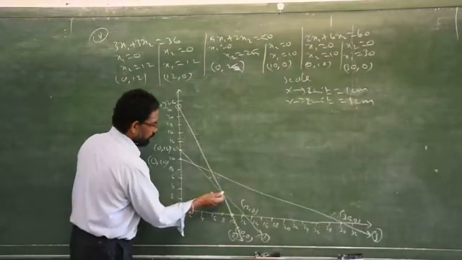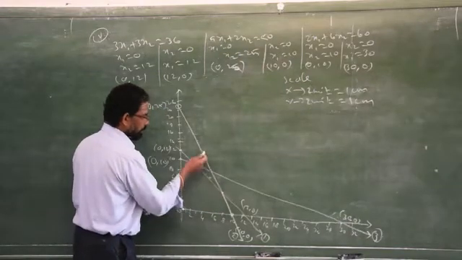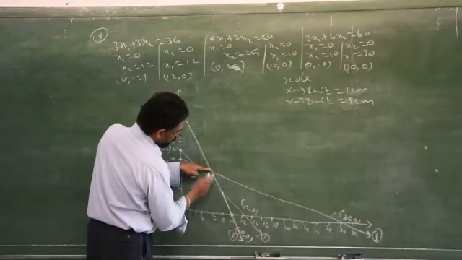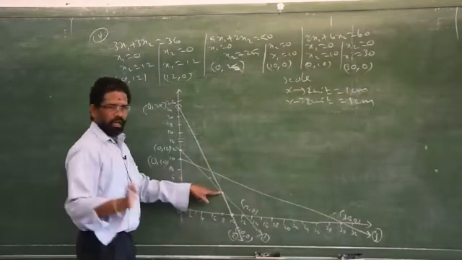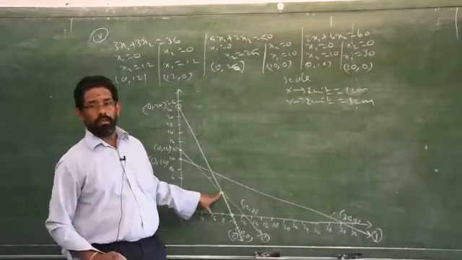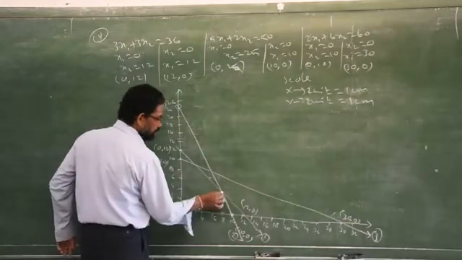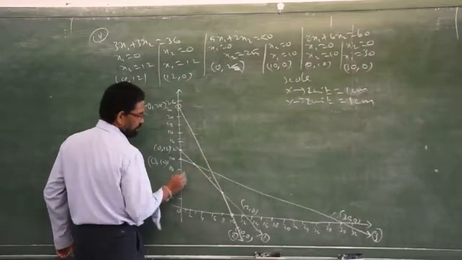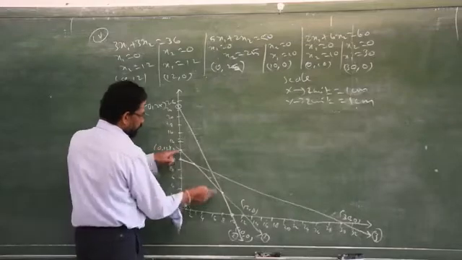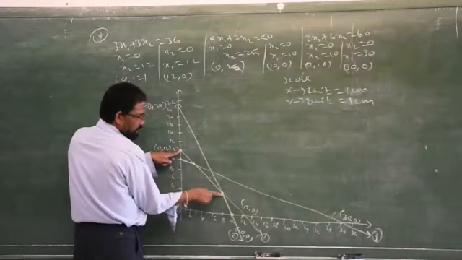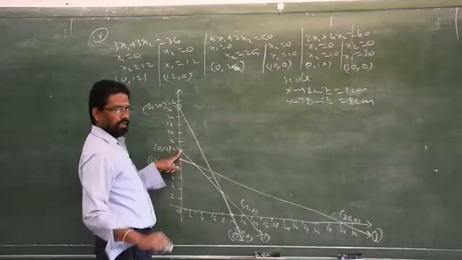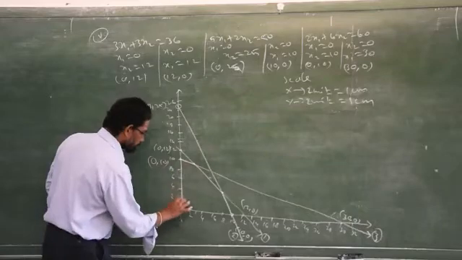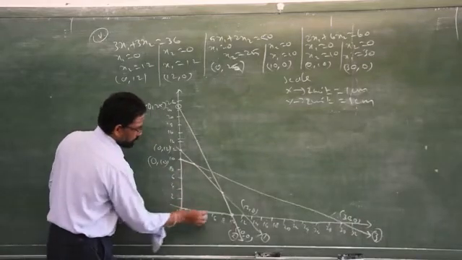If you go above instead of this side, in the same direction, you see between the two edges we have one more intersecting point. In such a way you cannot draw. That is not called a feasible region. Clear? Once you reach this one, you again take the intersecting point. Come to this side. Don't go beyond this one. If you go beyond, then between the two edges we have one more intersecting point. That is not allowed. So when you go for shading the part, you have to see to it. See, this is my feasible solution.